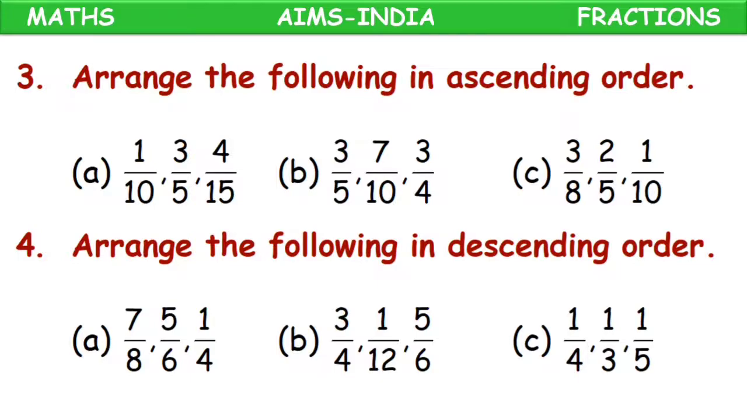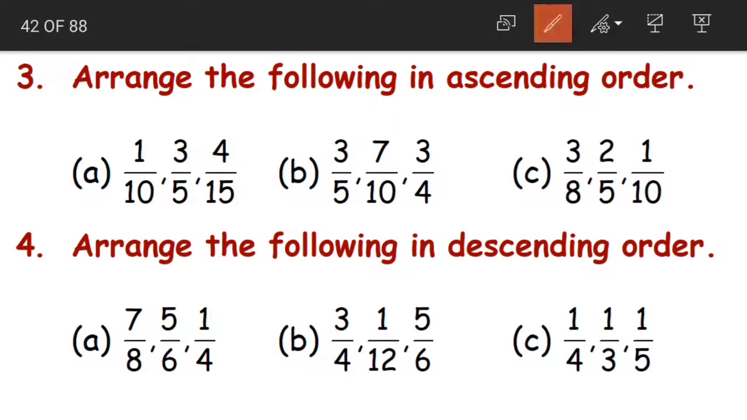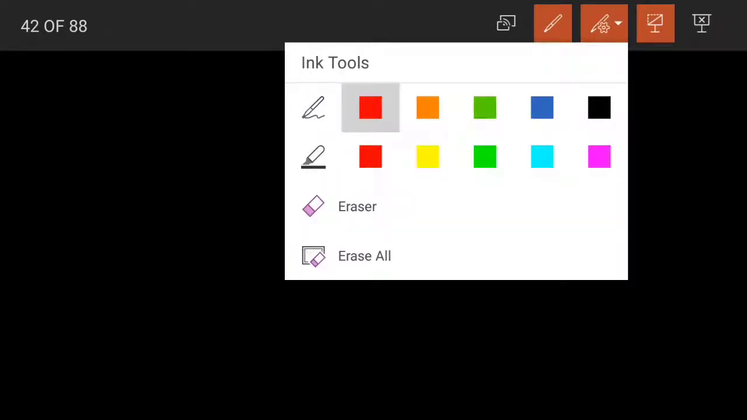Next we have to arrange the following in ascending and descending orders. How to arrange them? Just now we have learned how to compare fractions. So upon comparing we can easily arrange them in ascending and descending order. First we have 1 by 10, 3 by 5, 4 by 15. All these are unlike fractions. So what should we do, children? We should find out the